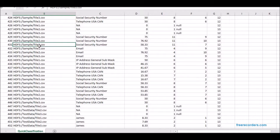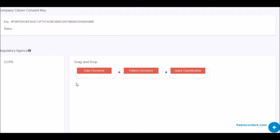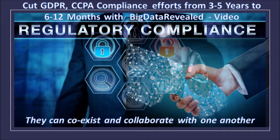I confidently say again, the 6 calendar years and the 150 expert people's years of experience allow this compliance and metadata technology to cut your time toward GDPR and CCPA compliance from 3 to 5 years down to 6 to 12 months with a much more complete and accurate delivery. With GDPR already in force for over 10 months and CCPA 9 months away, and neither will be forgiving in means of enforcement, it is time for the over 95% of non-compliant companies to get efforts